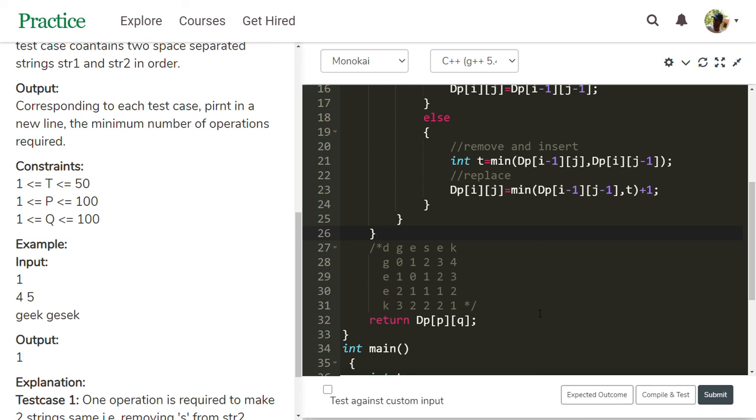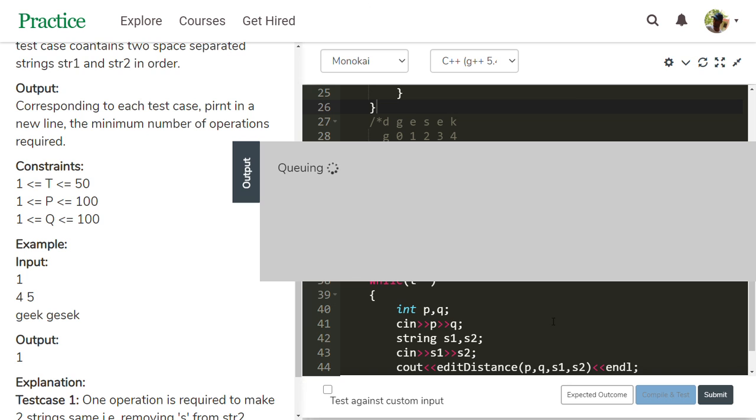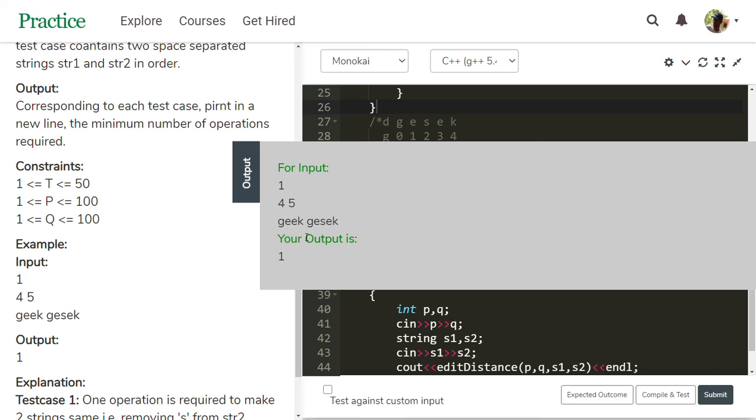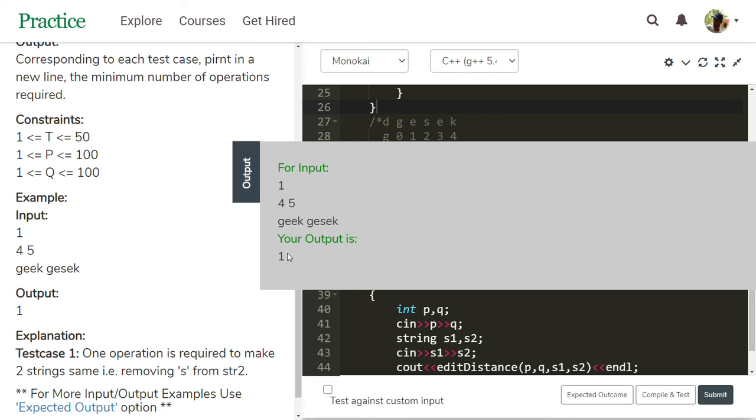So check whether our code is right or wrong by compile test. Yes, the expected output and our output are the same.